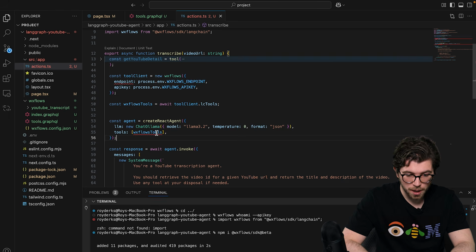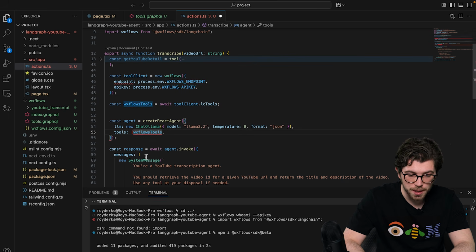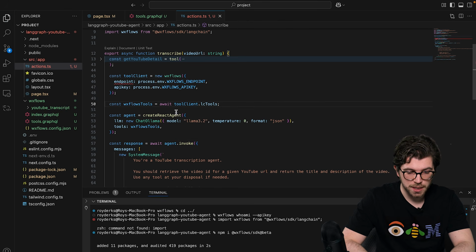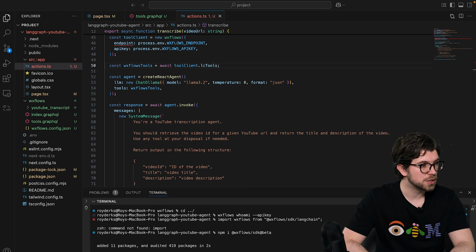You might be getting some errors here along the way, especially here because we're trying to put an array inside an array, and it's never a good idea. So let me update this and save it. Before we actually try it out in our browser, we might want to make one small change. We might want to update the system message, because now it's retrieving tools. So we can actually give it a very specific description for the new tool we gave it.